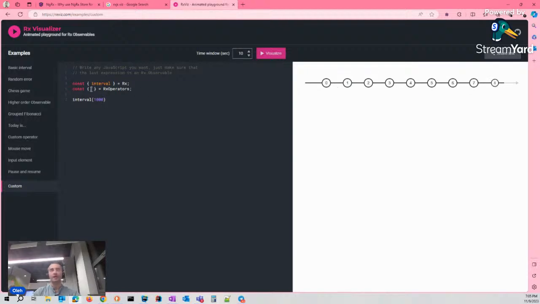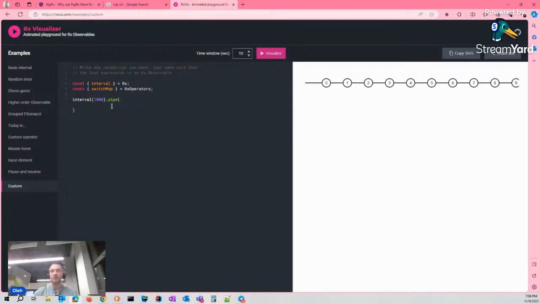And we have the ability to handle this stream by injecting something inside and taking over the process. But how can we use it? We can use the switchMap operator.